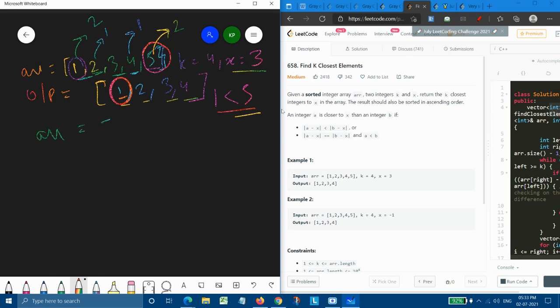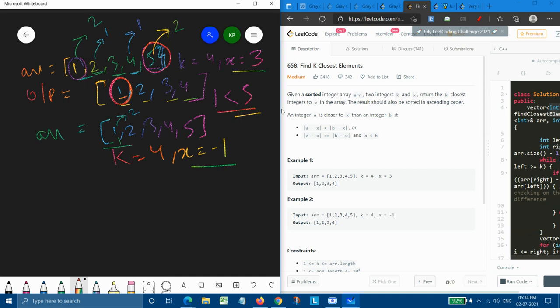In the next example, our array is 1, 2, 3, 4 and 5, and k equals 4 and x equals minus 1. This time x is not present in our input array. Again, as we are working with the help of differences, we check the difference. The difference between 1 and minus 1 will be simply 2.